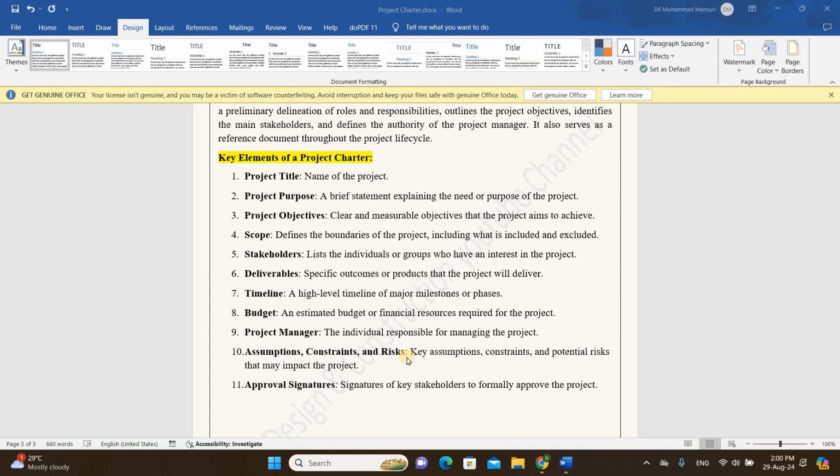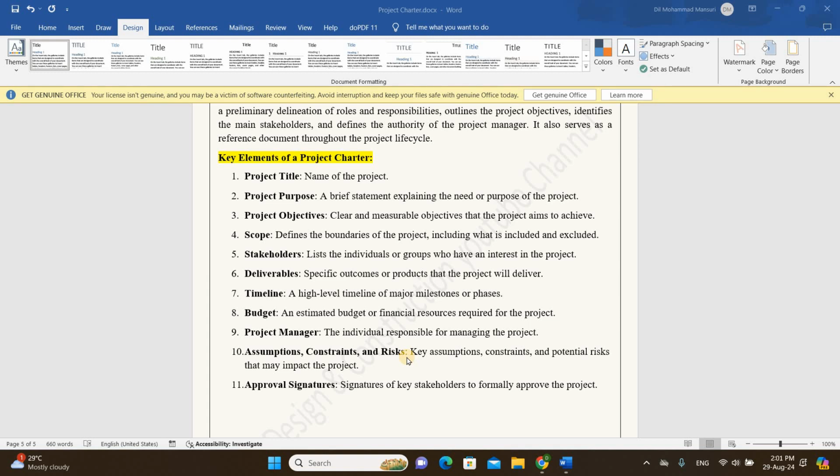So this is all about the basic elements which you have to include in the project charter. Basically, the project charter is just an identity card of your project. By seeing this project charter, even a simple person who is not much involved in the project can understand the project objective, the scope, the budget, and what the project is going to produce. So this is the overall understanding of the project charter.